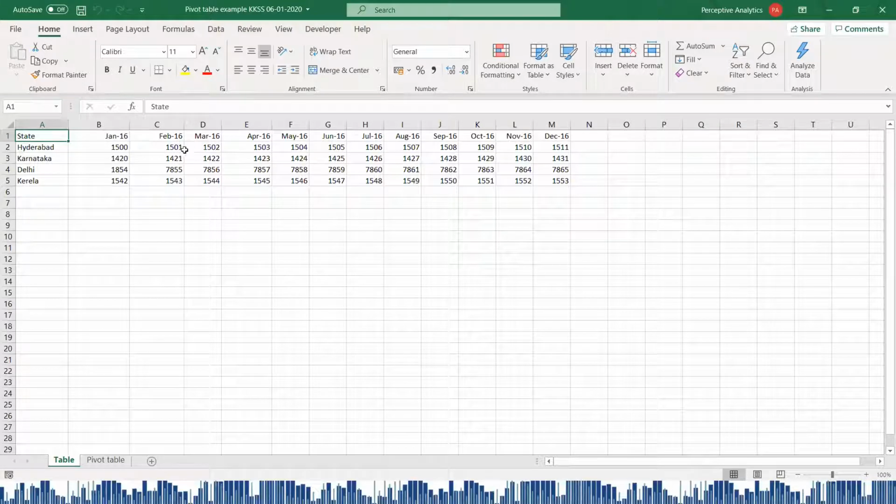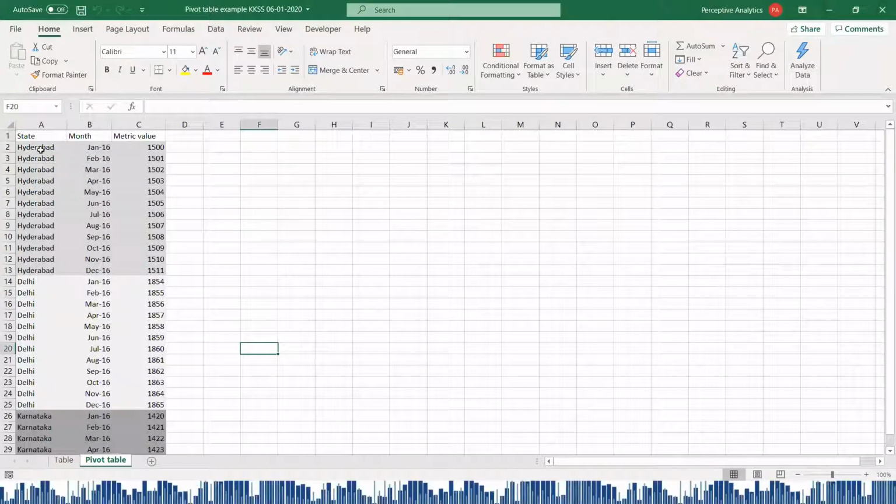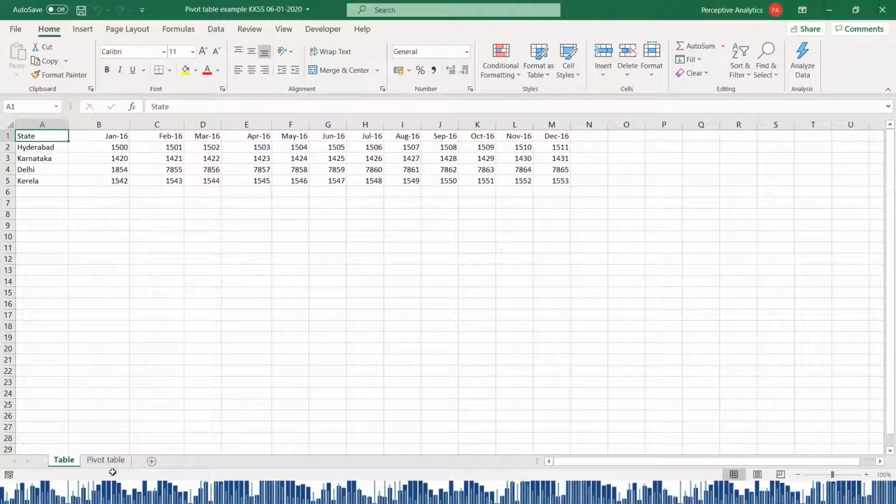But when you would like to filter particular months or so, it will be difficult and you can't do it. Even I think Swap faced this situation sometime while working on a project, and we discussed. In order to get familiar or do some modification in the structure, we will go for the pivot feature. Here in this feature, if you see the table now, earlier you had 13 fields and now it's just 3: one for state, month, and metric value.